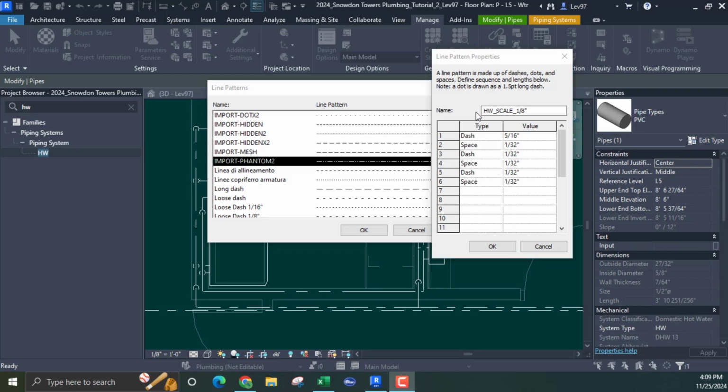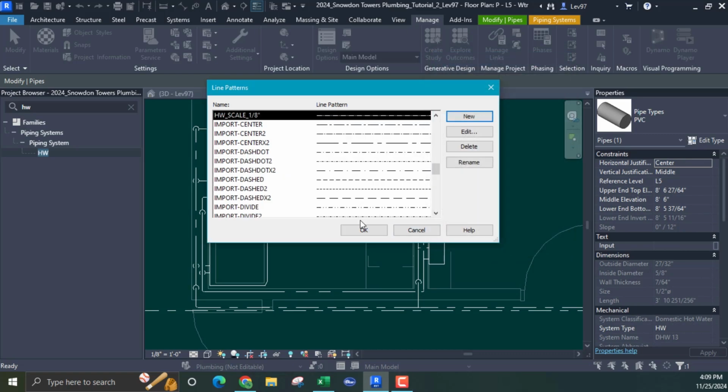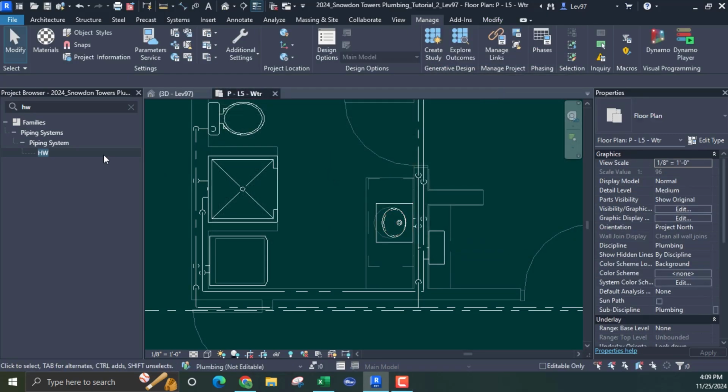Okay, so I have my name, hot water. The scale is 1/8 inch, so I have to use it on the 1/8 inch scale if I choose that pattern, and they're a little bit smaller, right? I kept the dash on from the original, and I'm using these space dash, space dash, space, a little bit smaller than I think the 1/8 inch. I think the value was 1/8 inch. So I'm going to say OK to this new line pattern, and say OK, and go back to my hot